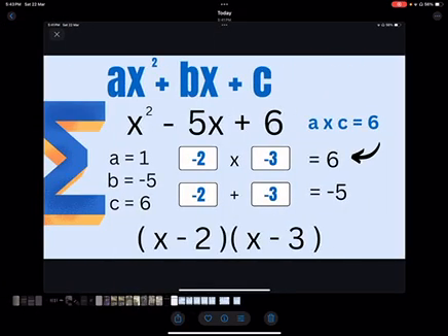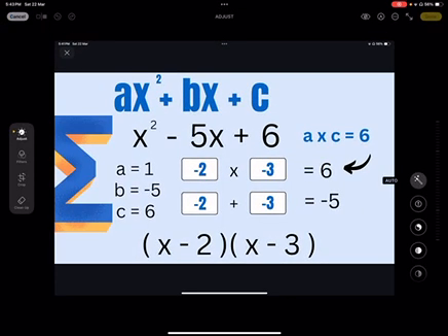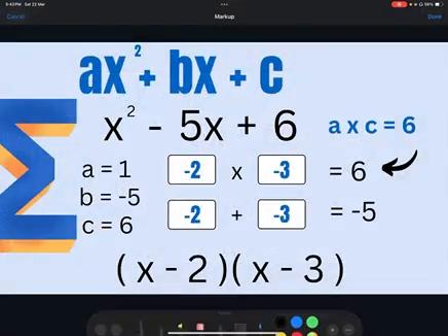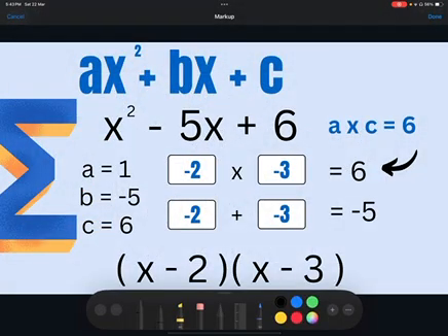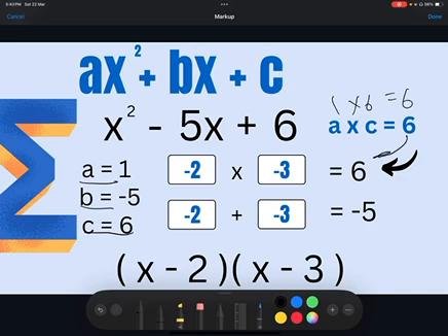The second example of factoring trinomials when a is equal to 1 is x squared minus 5x plus 6. We need to find what equals a, what equals b, what equals c. A equals 1, b equals negative 5, c equals 6. Multiply a times c, which is 1 times 6, equal to 6, because any number times 1 is the same number. We bring this 6 here, and then